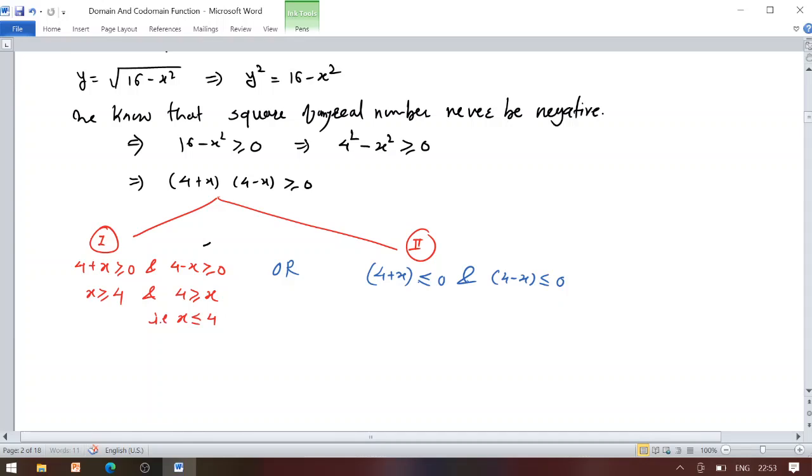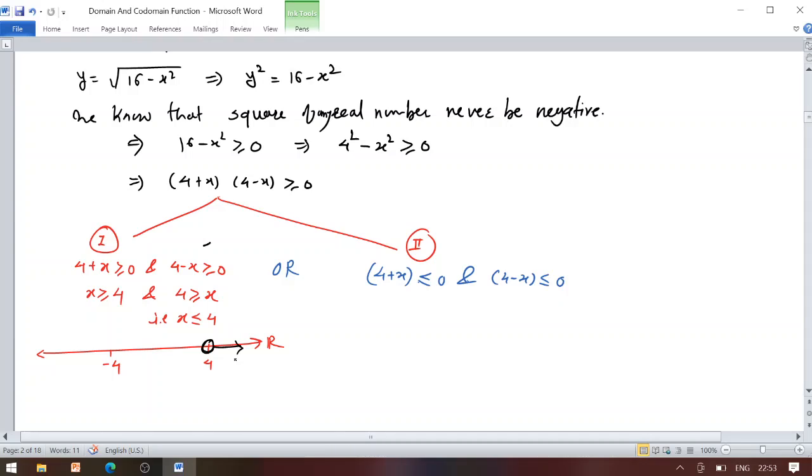So now we have to consider the intersecting part of both intervals. So for that, consider a real number line. Somewhere we have a 4 and left of it we have a minus 4. Whatever the required numbers are, we have to take them only on the real number line. So which are the possible real numbers that should be greater than or equal to 4, including 4, and those which lie just right of 4.